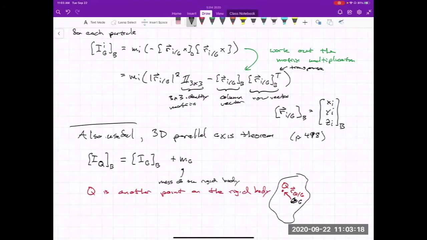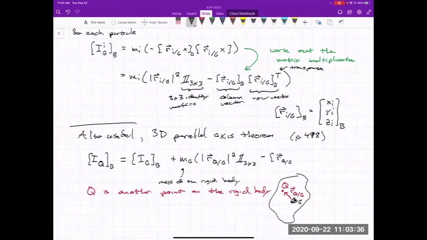So if it's made up of a collection of particles, it's the total mass. It's times this vector RQG, magnitude squared, times the 3 by 3 identity matrix, and then